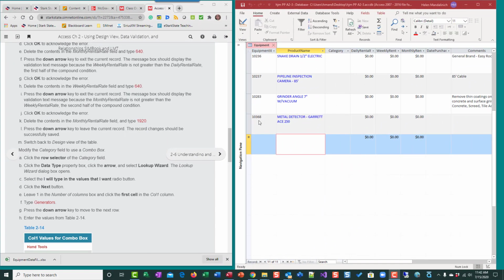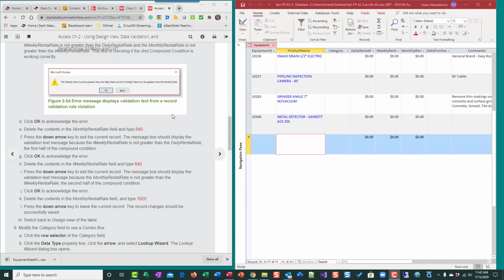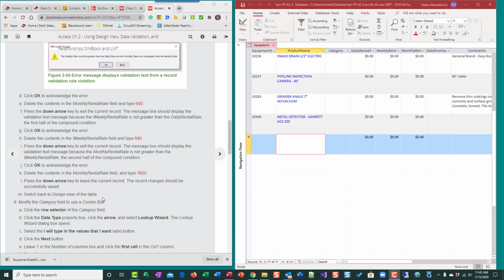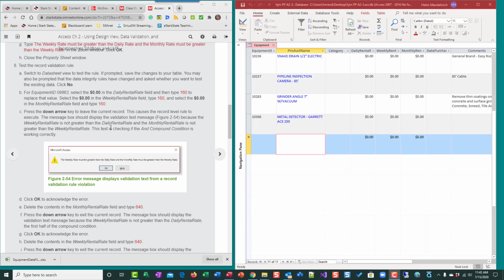This is the help video for Access Chapter 2, Pause and Practice 2, and we're going to pick up on step number 7. So we're just going to do 7, 8, just those two steps. So this is all about record validation. The last one was about field validation. This is record validation, and the check against the data is not done until you try to leave the record and write the record to